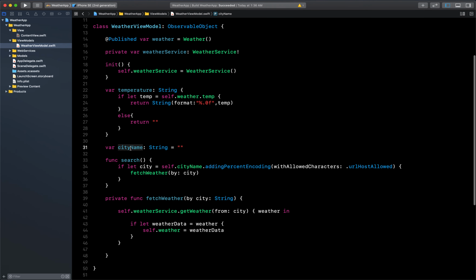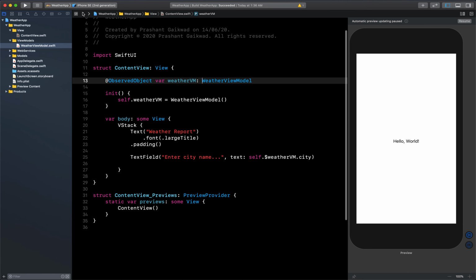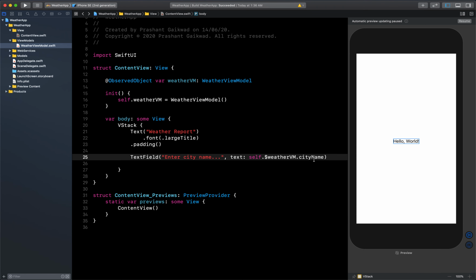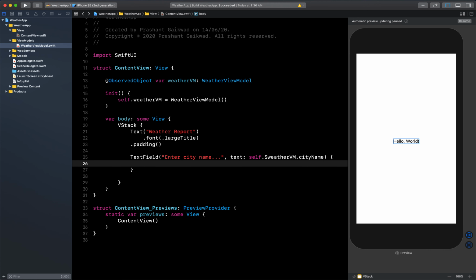We have here city name, so we need to give this here city name. Okay, now after this we will write this completion block, which gets called whenever we tap enter on our keyboard inside the text field. So let's do that, and inside this we are basically going to call our function: self.weatherViewModel.search, the function that we have written in our view model class. It will have the city name bound here only, so we don't need to pass the city name to this.